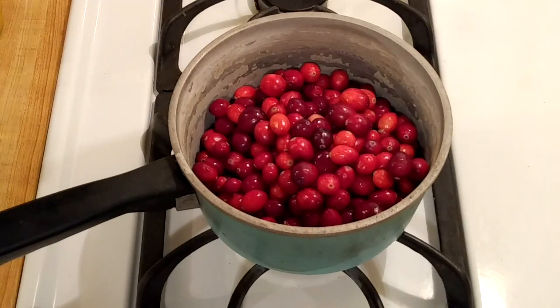Learning how to make cranberry sauce from scratch is easy and delicious. Although what you buy in a can for Thanksgiving and Christmas is definitely great, once you make homemade cranberry sauce, there's no going back. Cranberry sauce comes in two versions, jellied and whole berry, but the beginning of the recipe